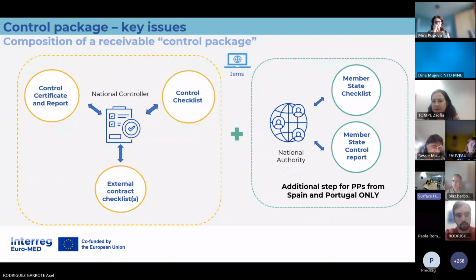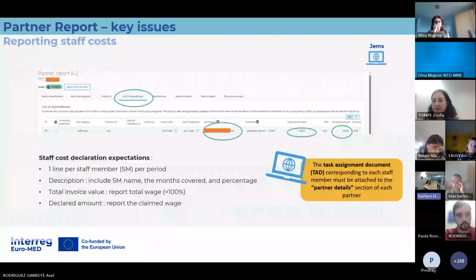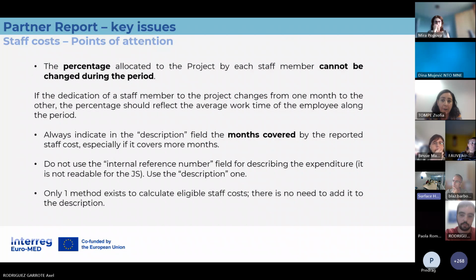And I see a question: our organization is currently using timesheets as a working time registration system. How can the timesheet system be made consistent with the fixed monthly percentage of the assignment method?